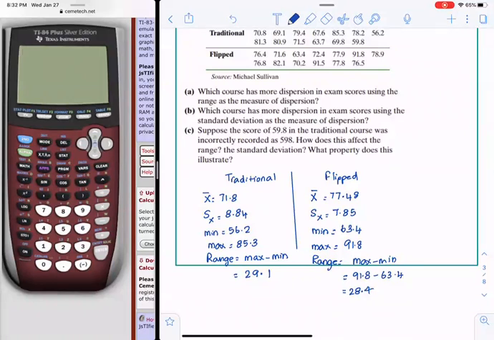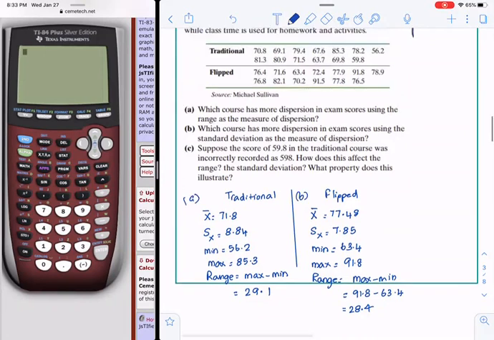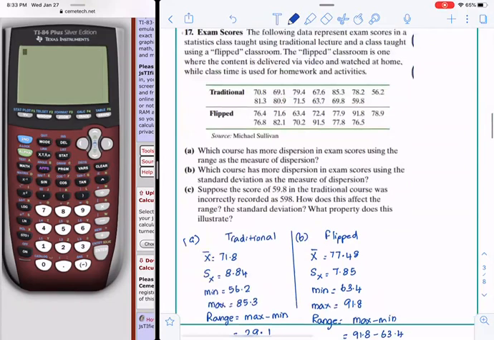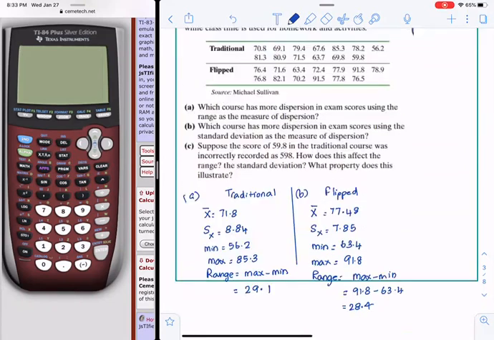Yes. So we found the range, we found the standard deviation. It seems pretty consistent, and it looks like, according to this sample, the flipped classroom has a slightly higher average than the traditional lecture average. Part C would like to know, in the traditional course, if we change the score 59.8 to 598,